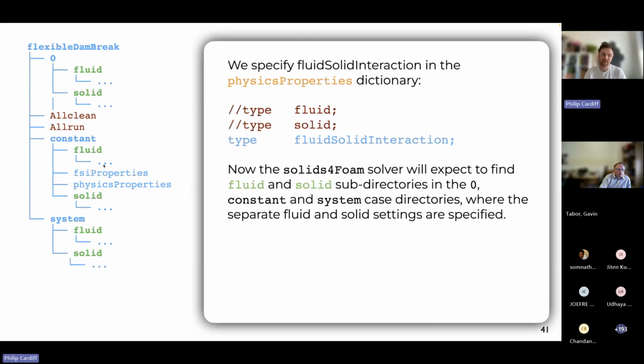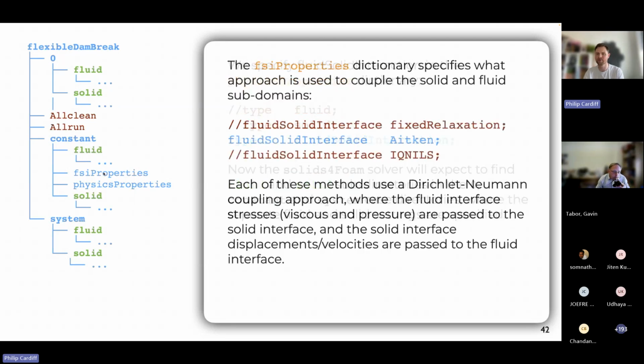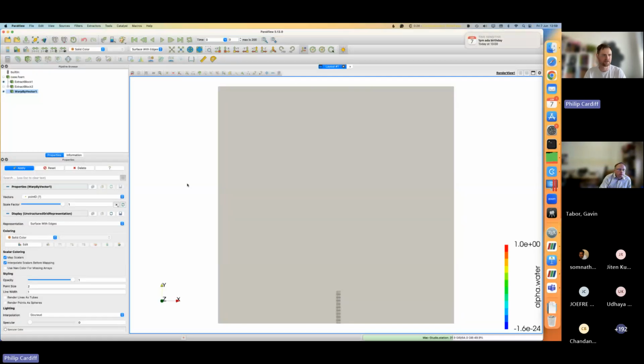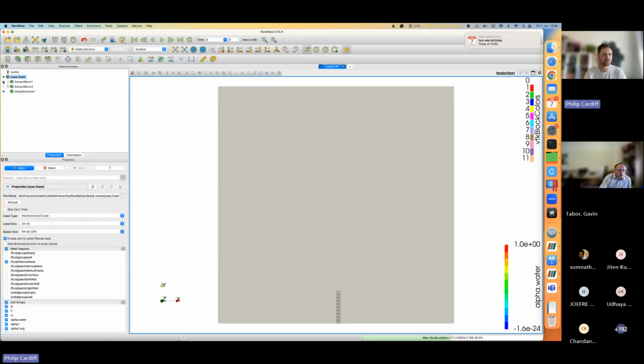And then in physicsProperties, we specify fluid-solid interaction, and that forces this fsiProperties file to be read, where we can specify the coupling method. I'll quickly just look at it here. So this is the case in